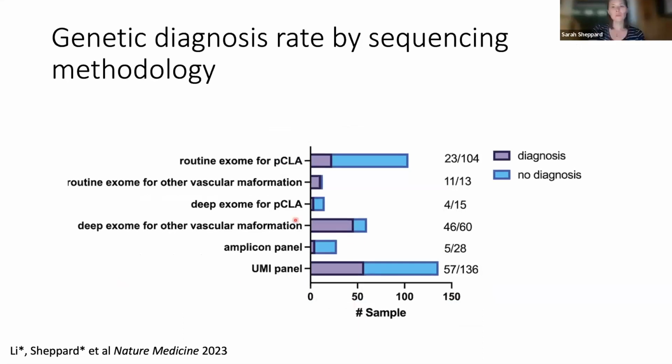And next, we also looked at the genetic diagnosis rate by the sequencing methodology. So we looked at routine exome for primary complex lymphatic anomalies because a major contributor can be germline RASopathies, such as Noonan syndrome, and found that there is a diagnosis in about a quarter of those patients. When we looked at routine exomes for other vascular malformations, so these were patients that we might think may have a capillary malformation syndrome, such as CMAVM, or for example, HHT, those individuals had a diagnosis almost 100% of